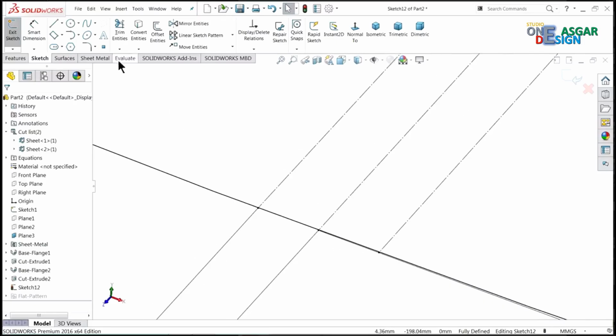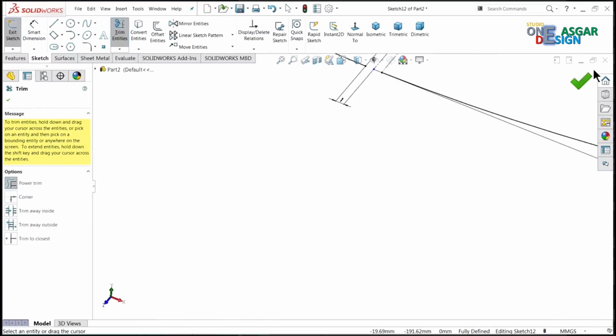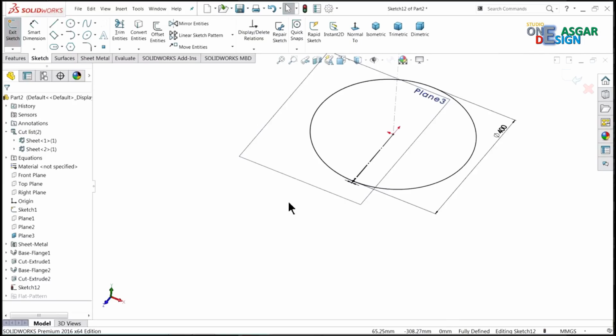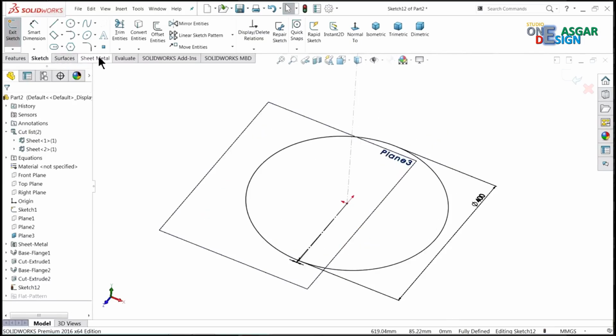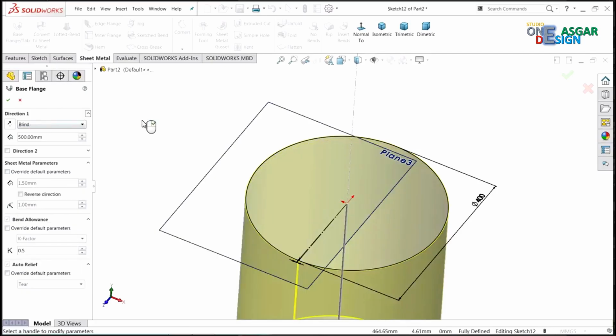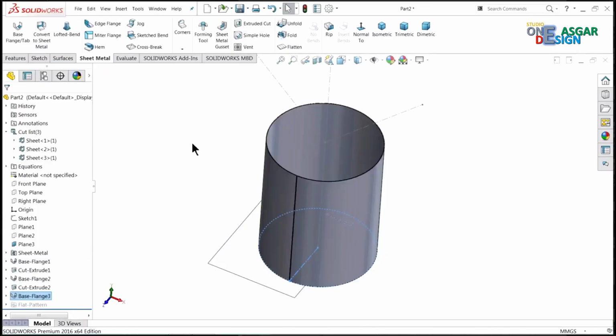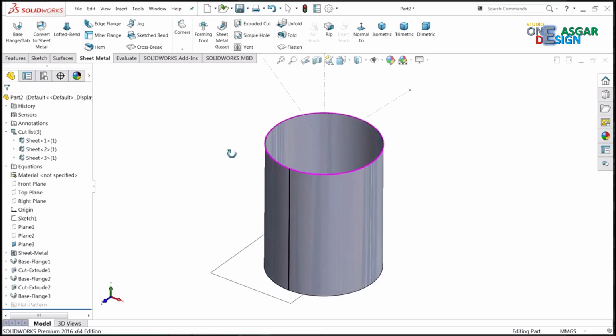We want to trim this inside, so let's choose trim entity, power trim. Drag your left key and see it is trimmed. Okay, now it's time to extrude. So just go to sheet metal, base flange, keep length 500 millimeter. Override default because it's going to override to our previous geometry. Keep thickness 1.5 in reverse direction and the extrusion also in reverse direction. Okay, look,